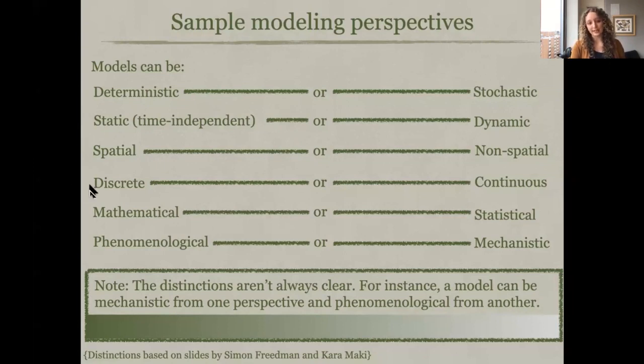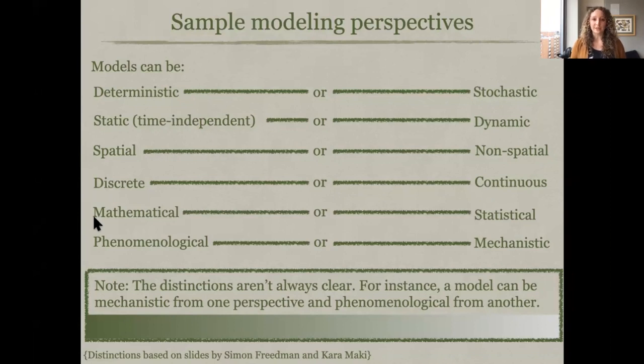A model could be discrete or continuous. You can think of discrete as just being the number of people in a room versus the density of people in the room. But discrete can also be something like an ideology either being Republican or Democratic, or it being some sort of spectrum between those two ideologies. These are choices you have to make and simplifications you make as you're modeling. And then like we talked about before, models can be mathematical or statistical.